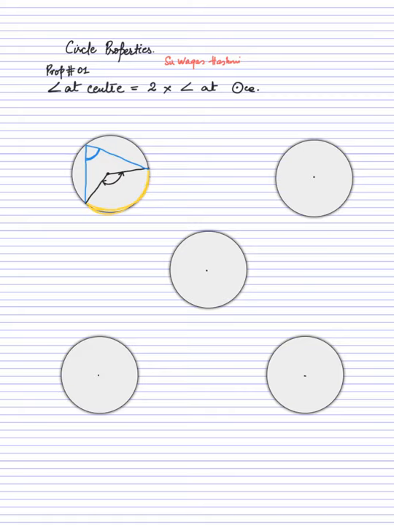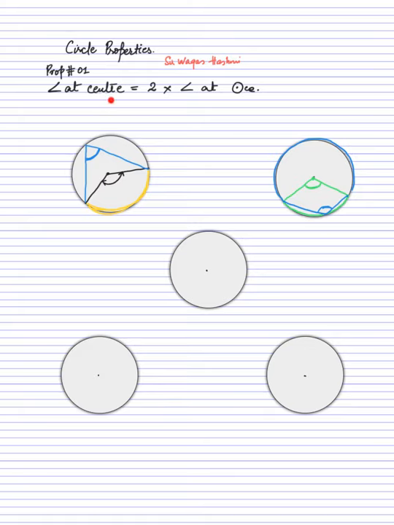Let's take another example. Let's suppose that you have an angle at the center, right? This angle. So this angle is facing this arc length, this one, which I made with the green bar. But if you draw another angle at the circumference, that is your angle. Now these two angles are not facing the same arc length, right? This green angle is basically facing the green arc length, and that blue angle is going to face this blue arc length. So in this case, these two angles are not facing the same arc length.